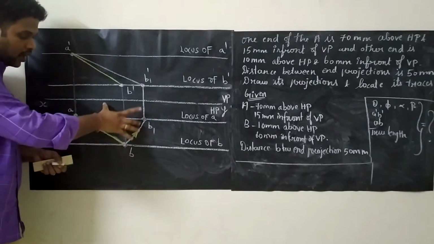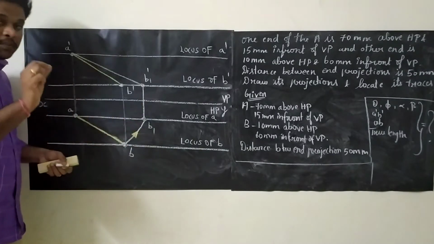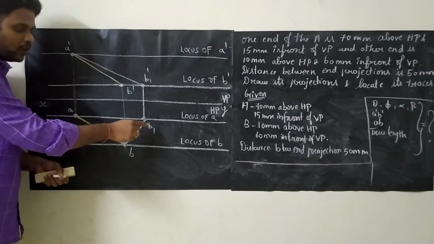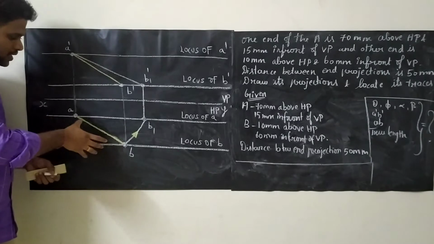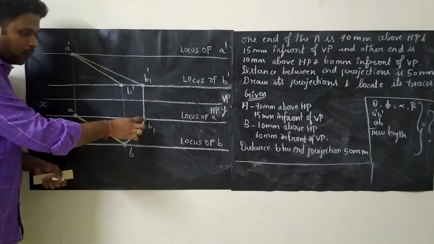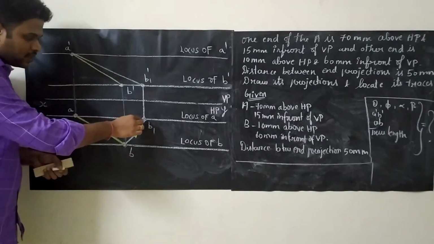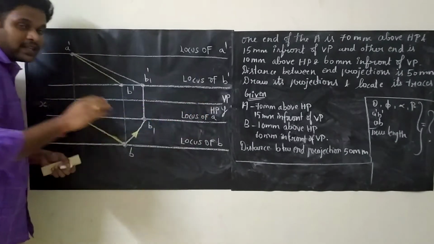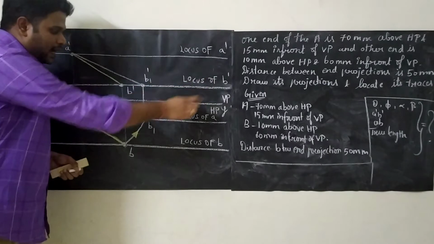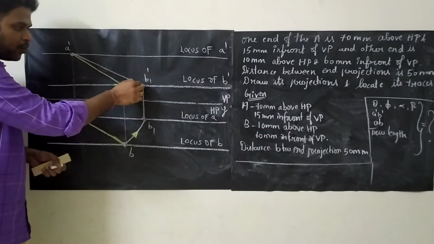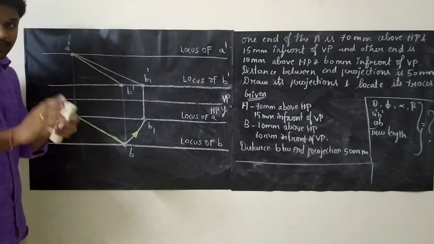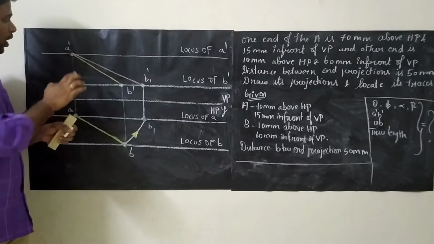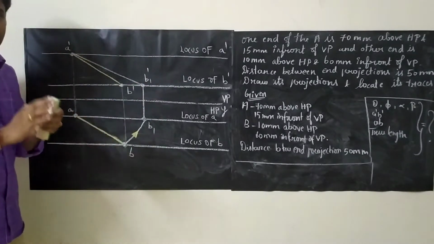When you are rotating upwards, this line will be cutting the locus of A at one point, and that point is called B1. So just rotate it and we will be keeping a point here. See to it that you extend this line to the opposite locus. If it's the locus of A, you extend till the locus of B dash. So extend this line vertically upwards till the locus of B dash and name that point B1 dash. Just join A dash and B1 dash. This is your true length.